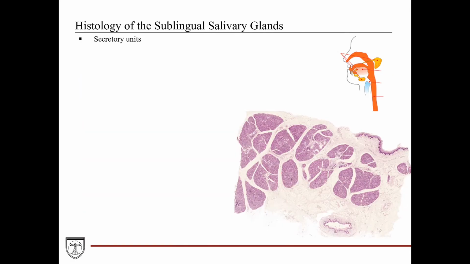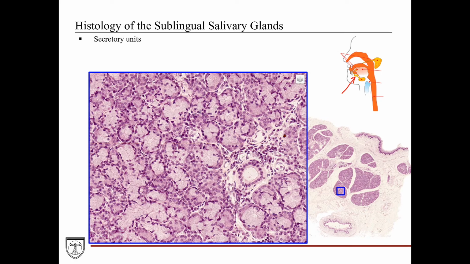And lastly, the sublingual salivary glands. These are the paired glands that sit just under the floor of the oral cavity. And again, all the infrastructures are there, the ductal, the lobular, lobar organization. But what sets the sublingual salivary glands apart from the other types of salivary glands would be the secretory unit composition. So at higher magnification of the boxed area, what we see are the mostly mucus secreting tubular secretory units